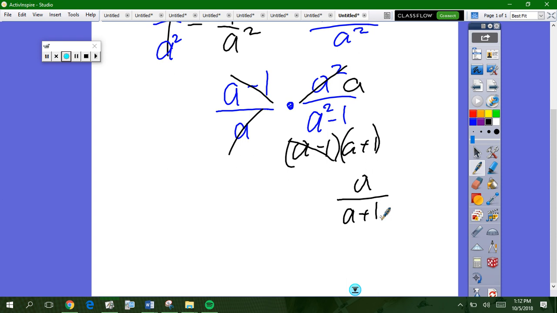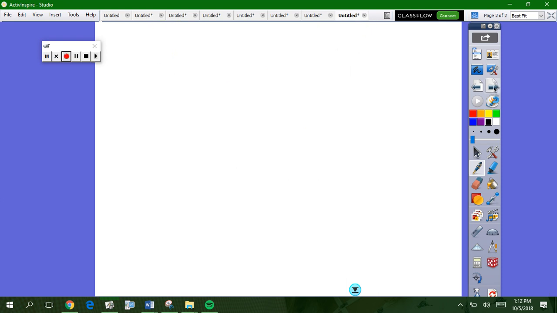Right? I'm going to show you guys my second method. Okay? This is a piece by piece method. So if you take it piece by piece, like working just on the top, working with just the bottom, then do this, you know what I mean? I'll show you. So this one is, once again, 1 minus 1 over A, correct? Over